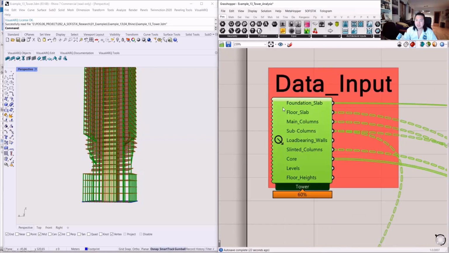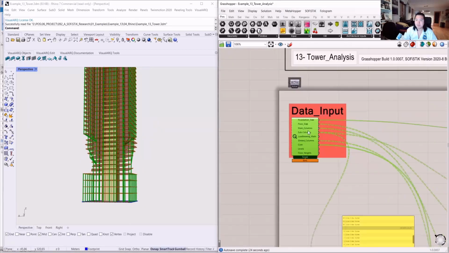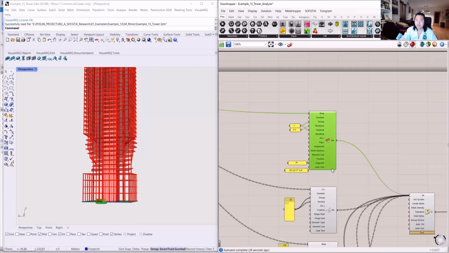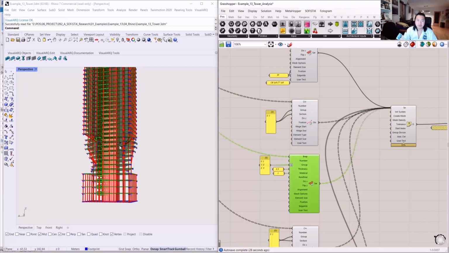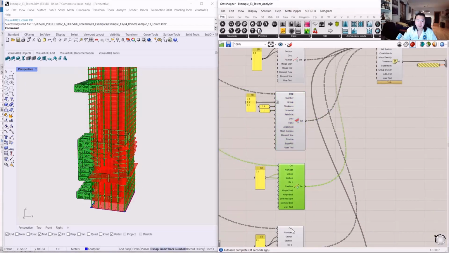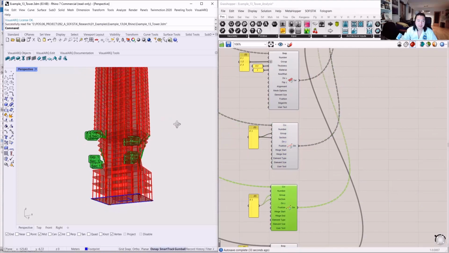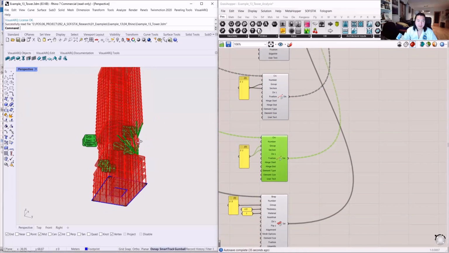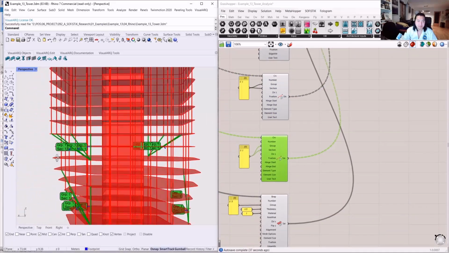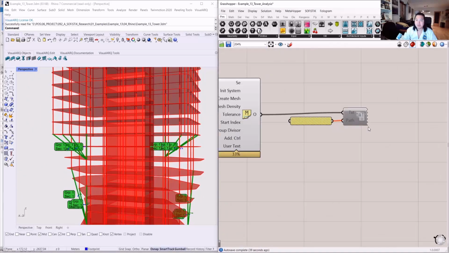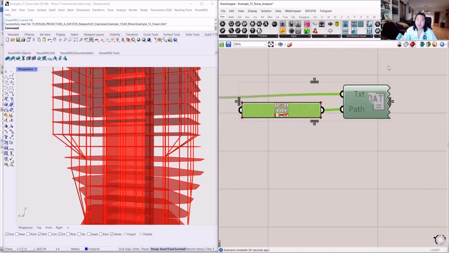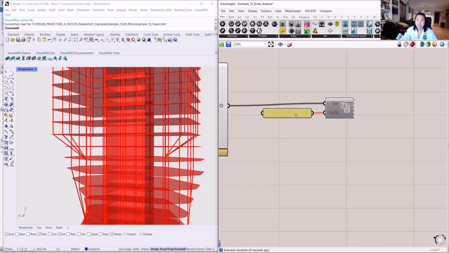And all the outputs from these data input components are just connected to SOFiSTiK analytical model components, so you can analyze all this structural asset from the main script. And all we need to do is basically analyze the